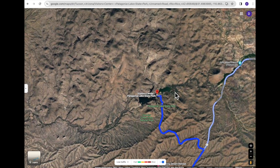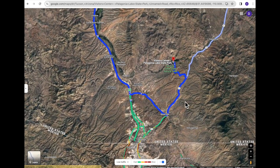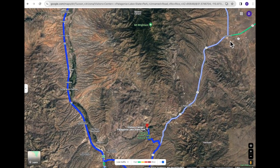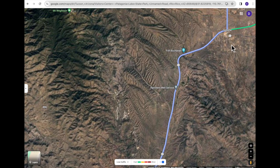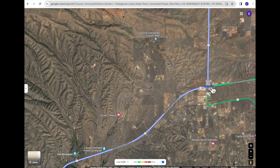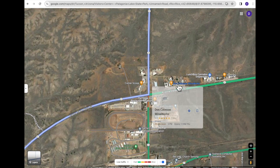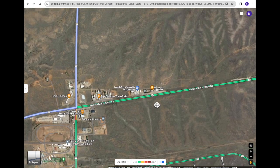So many things to see, though, in the area. You can always take a day ride if you want and go down this way. And if you're inclined to go across the border and do some shopping, some people do that. Or take a ride up to Patagonia and Sonoyta and visit the wineries up here. There are numerous wineries right up here. There's one right here that we stopped at in Sonoyta called Dos Cabezas. There's also another one a little farther down